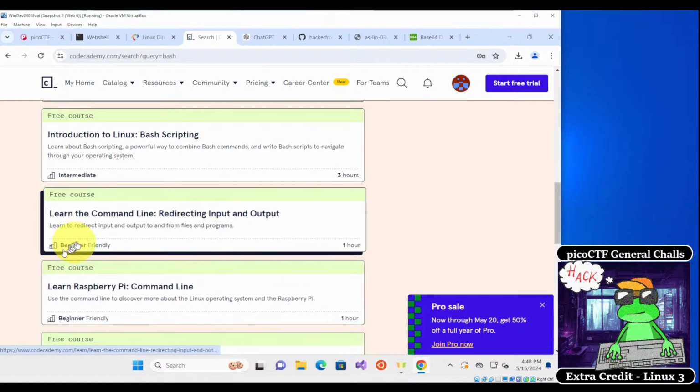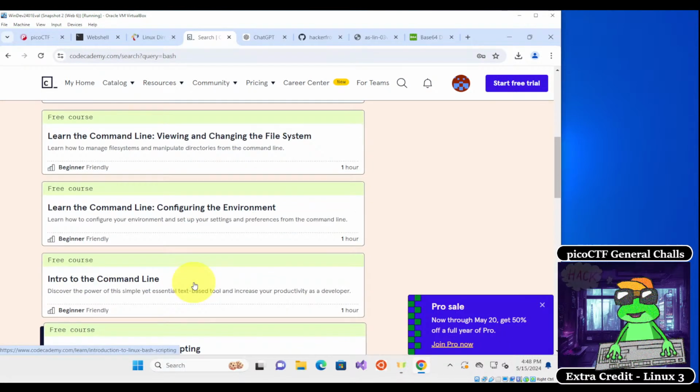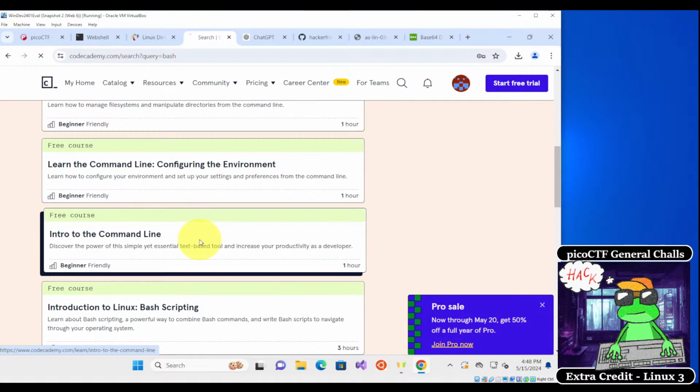Redirecting input and output. Each one of these is very short, so you can easily work through them, maybe a couple each time you interact with it. So if I were to go to intro to the command line over here, this particular course,